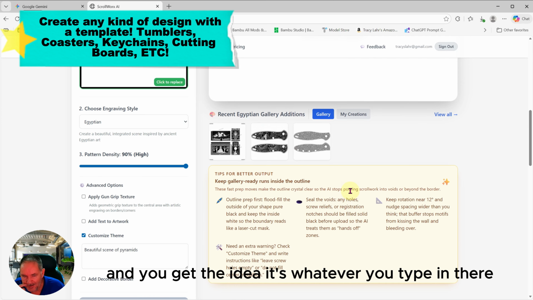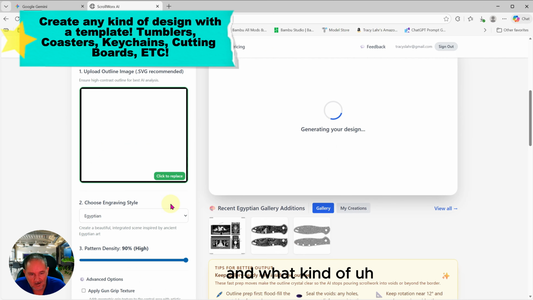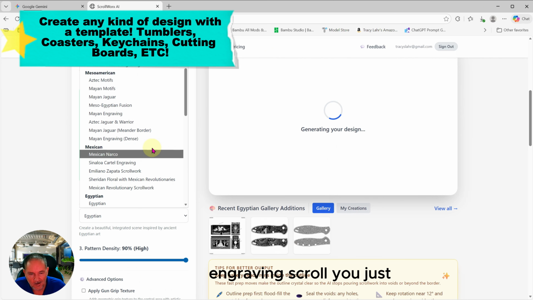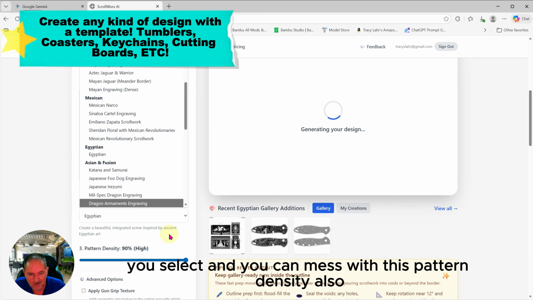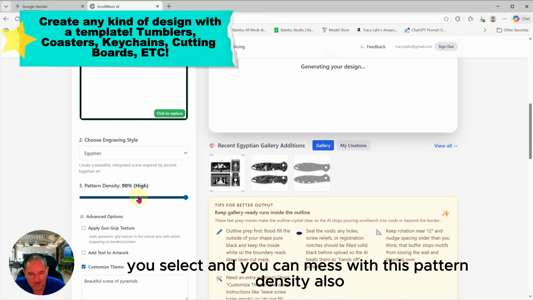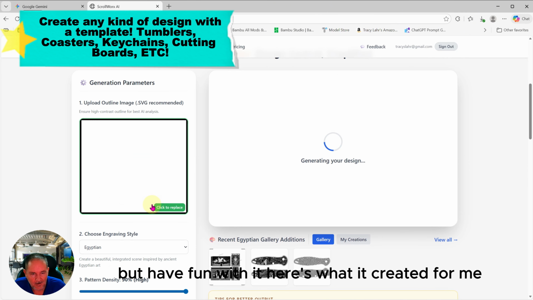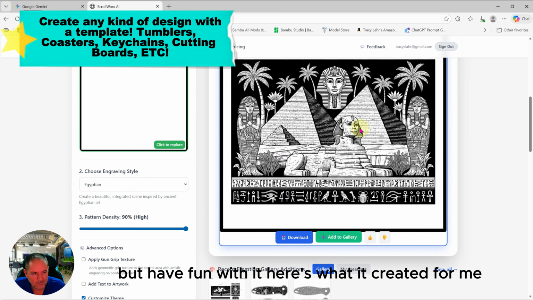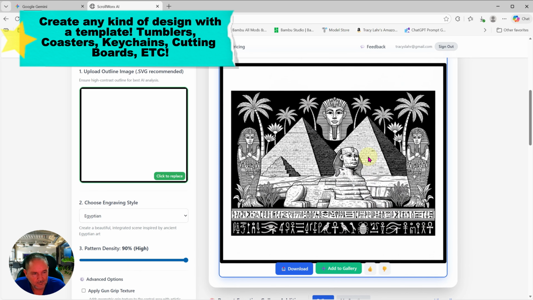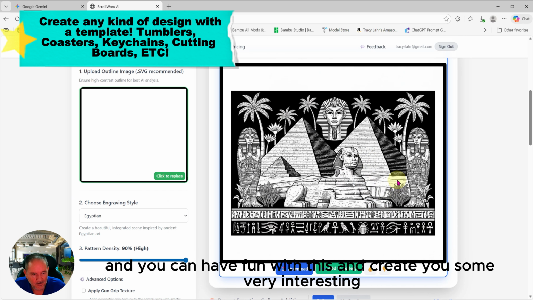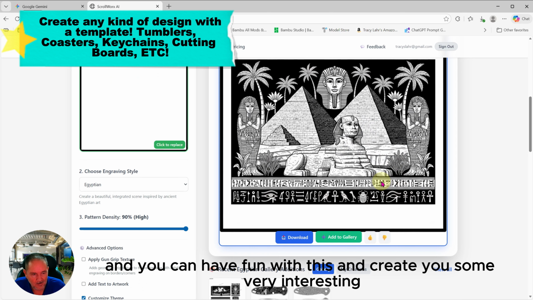And you get the idea. It's whatever you type in there and what kind of engraved scroll you select. And you can mess with this pattern density also. But have fun with it. Here's what it created for me. And you can have fun with this and create you some very interesting